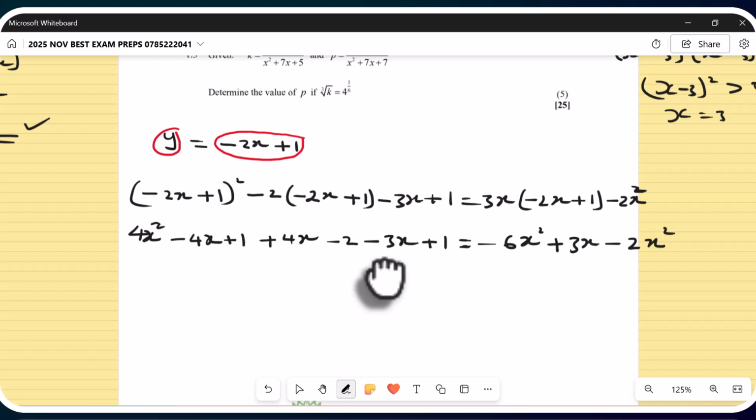Don't forget our y is what? Minus 2x plus 1. So we gotta get our y as well. So y equals to, they said minus 2x here. If I put now the x as 0, it's gonna give me 1. So y is 1 here. As a half, I'm gonna get y equals to minus 2x, that's gonna be a half,